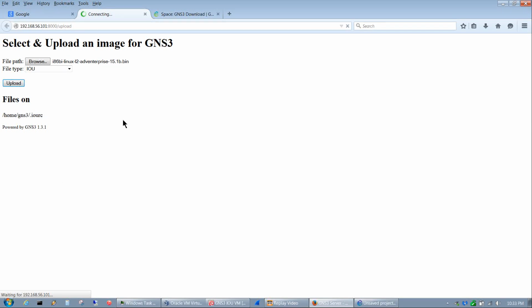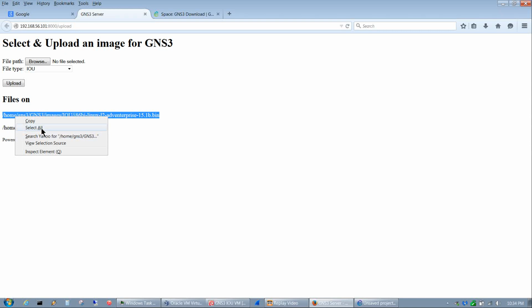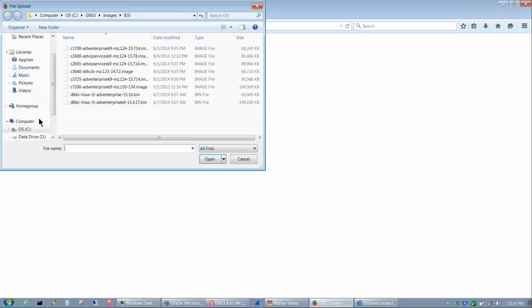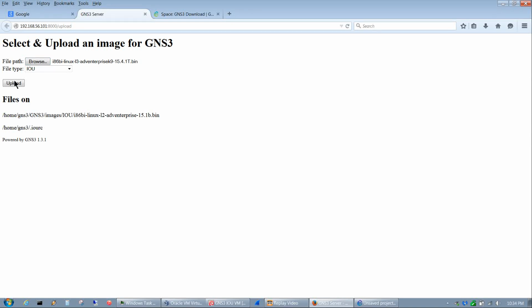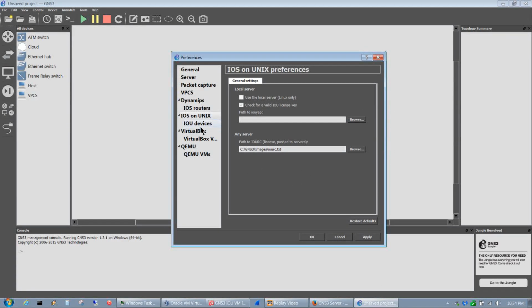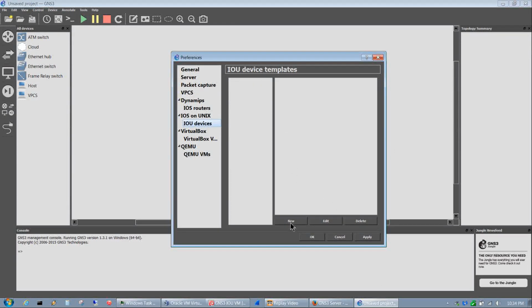And once it comes up, I'll copy that. Okay, I'll show you why in a minute. So right click, copy. Let's browse, go to L3, open, and upload that one as well. Well, the L3 takes a little longer because it's a bigger file. And there it is. So now we go back to GNS3 and we go into IOU devices and we go